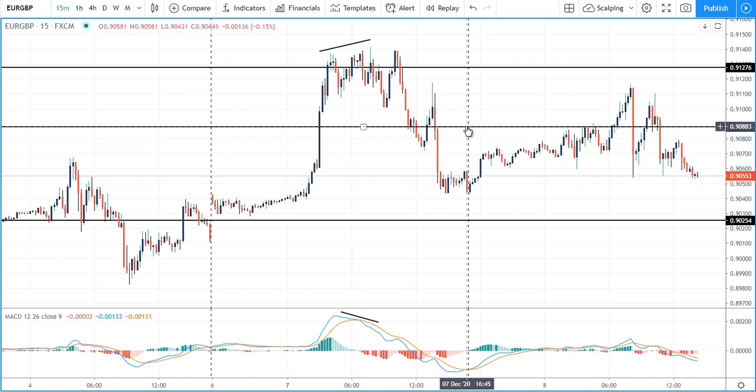By the way, full disclosure on this: this trade was identified by one of our scalp service members, and in our chat room we talked about it. Other traders passed on it because it has a British pound in the pair, Euro British pound. Right now, any pair with the British pound in it is very sensitive to the Brexit news, which comes out randomly. Some news can come out during the day, and it can really affect your position one way or another. Lots of volatility. So that's something important to be aware of, and you need to be comfortable taking these kinds of trades. And if you're comfortable with that,